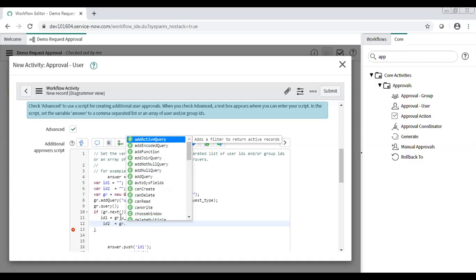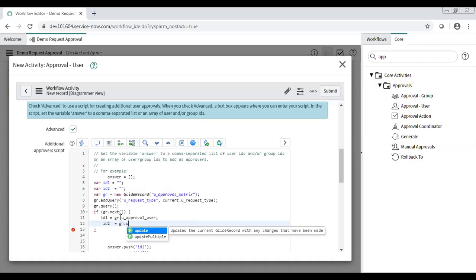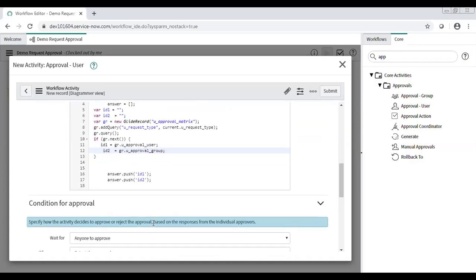gr.u_approval_group. Now this particular variable has the sys ID of the user, and this particular ID2 has the sys ID of the group. And now we are passing these to this approval activity.